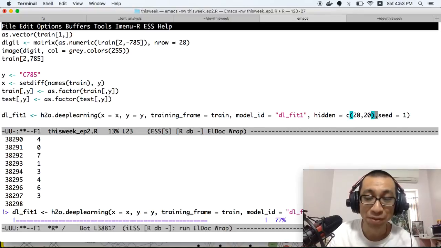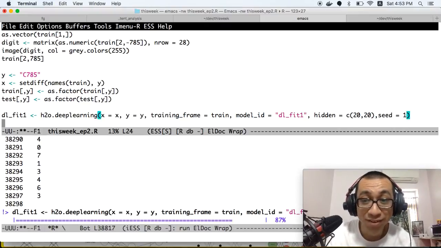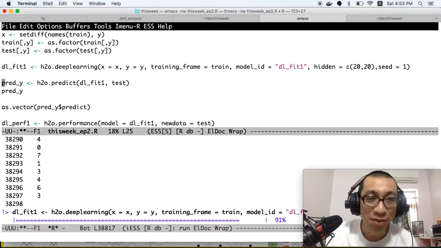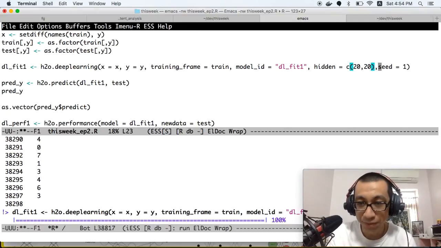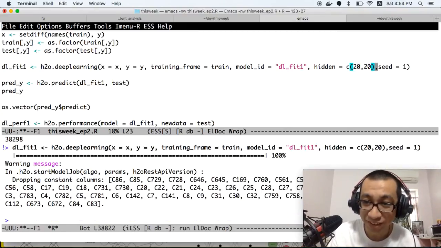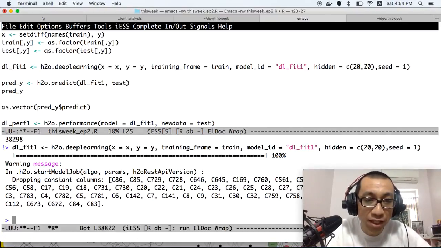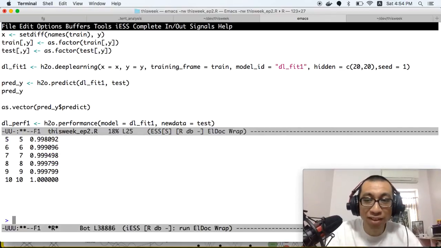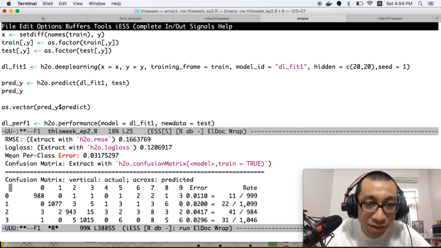Obviously, it will not have the best accuracy. But anyway, this is just a test, so you cannot blame me for using a simple one. Of course, using a simpler structure, it will be faster. So okay, now we have the DL fits one, deep learning fits one, and we can even have the